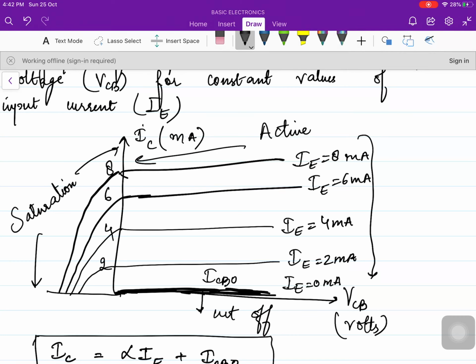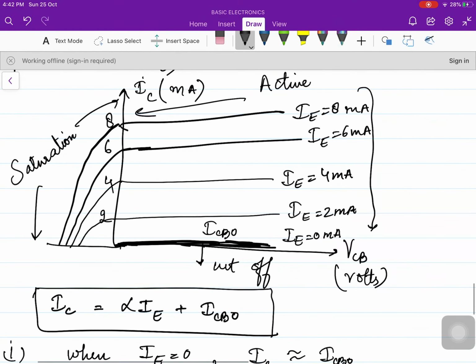In order to explain the output characteristic, always remember that first of all you write the equation of the output current, that is the collector current in the case of common base, the complete equation. Then remember that you are drawing the graph for different values of IE. So put it once 0, then make it non-zero and see what happens. Then bring the graph into the negative side also, means you have to take VCB negative also once, to see what happens. So this is how we learn or understand the input and the output characteristics of common base BJT. Very important question, comes frequently in university exams.